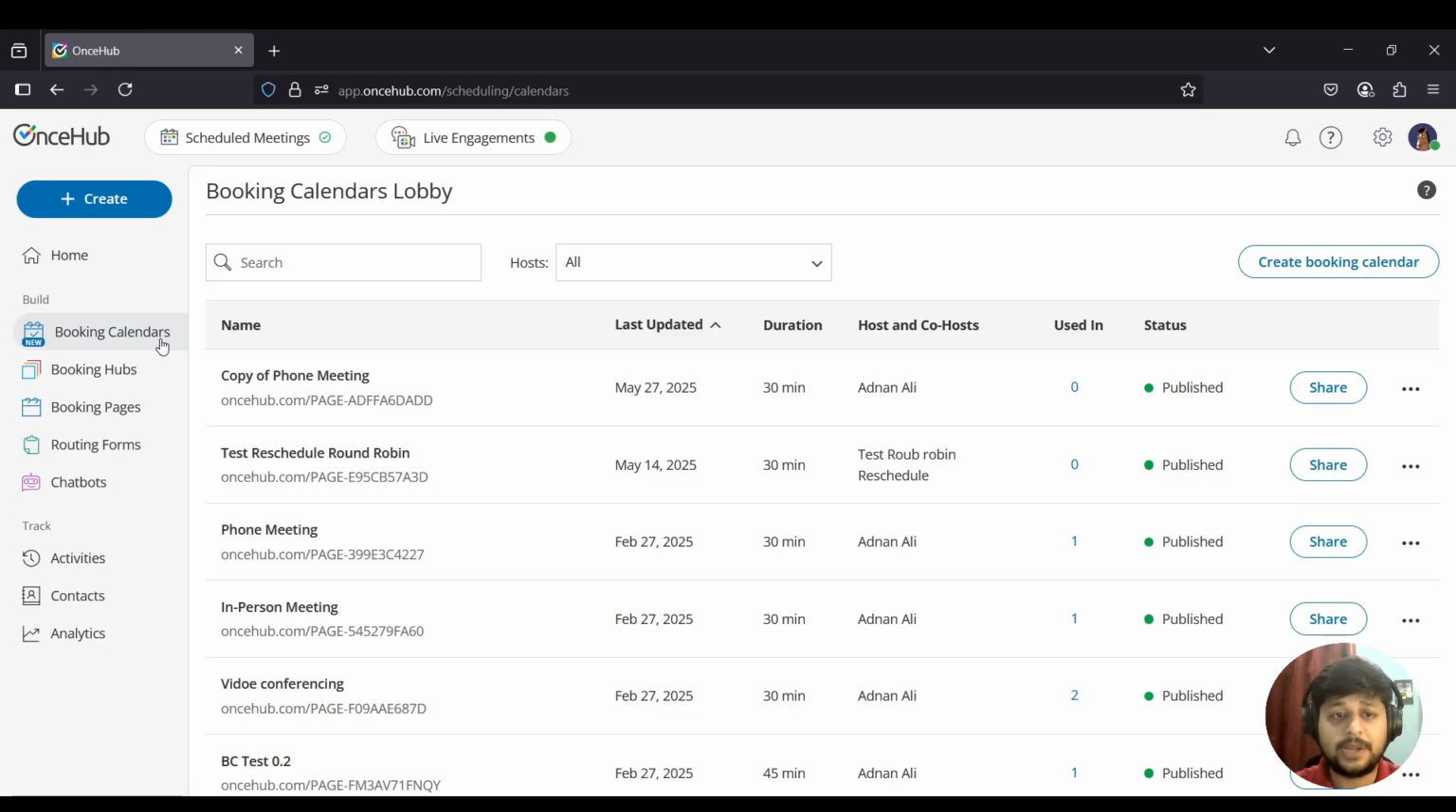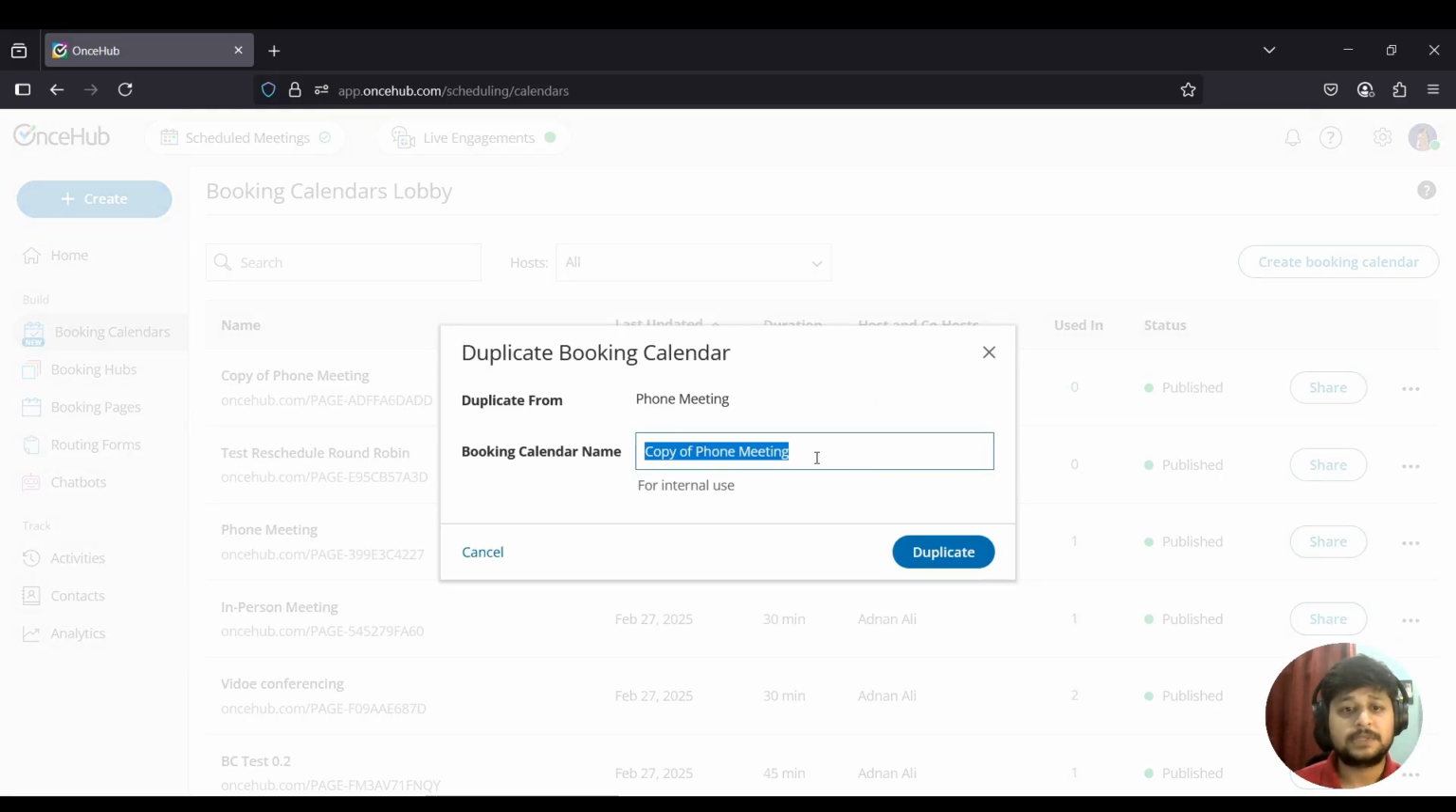From there you can locate the booking calendar that you would like to duplicate. From here, you can just see the booking calendar that you want to duplicate and click on the three dots. And here you will see an option to duplicate. Click on that, and here you will see a booking calendar name which you can update as per your need,